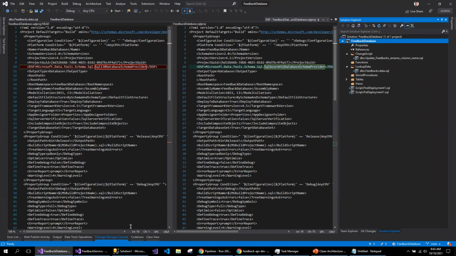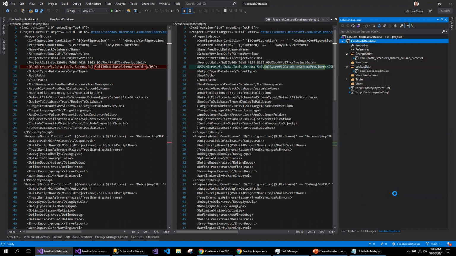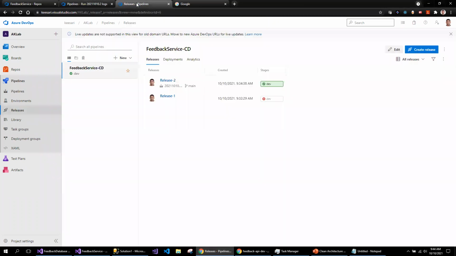So one thing I noticed is this one is actually directly placed under the project. So I might need to create an additional folder for the DocPack deployment. But before that, I will experience that and then show you that. I think this is done.